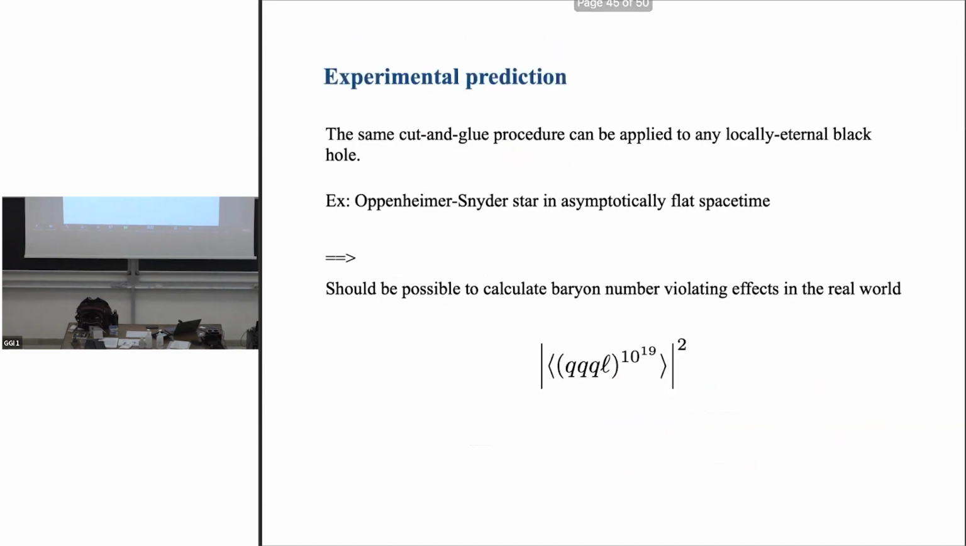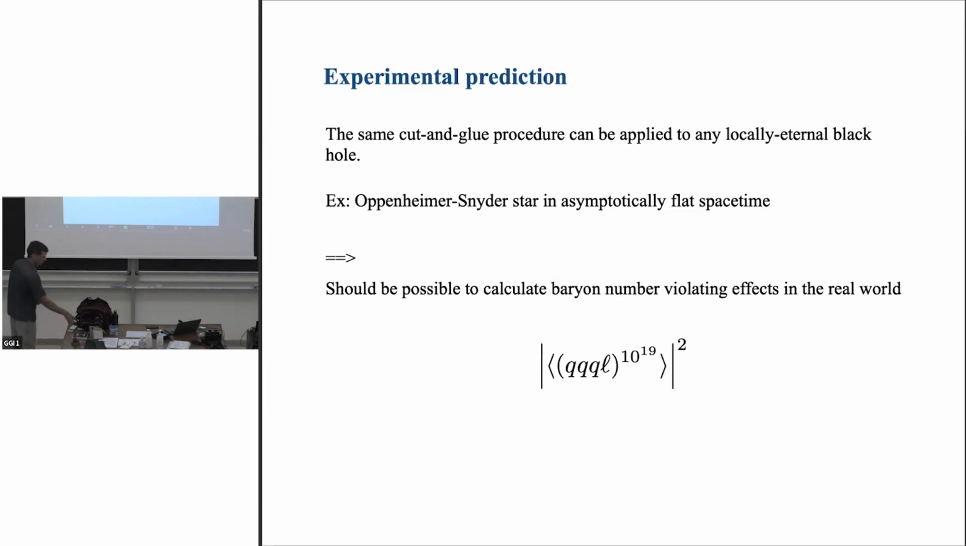In my last slide, I want to make an experimental prediction. I'm only half joking here. So this same cut and glue procedure, I discussed black holes in AdS, but the same thing works in flat space. Any time that you have a locally eternal black hole solution, you can apply this and construct a replica solution. There will be some maximum value of K, number of boundaries,